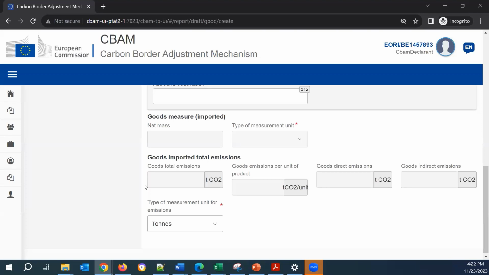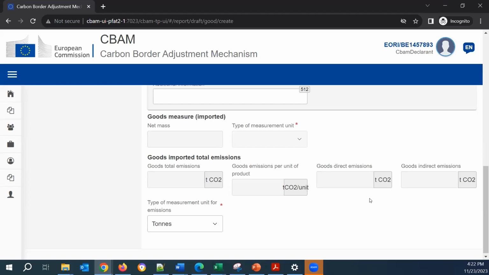The goods emissions per unit of product is the net mass. It is the result of the division of the goods total emissions divided by the quantity of the goods measured. So what we have here divided by the quantity imported. This is the result of this element.